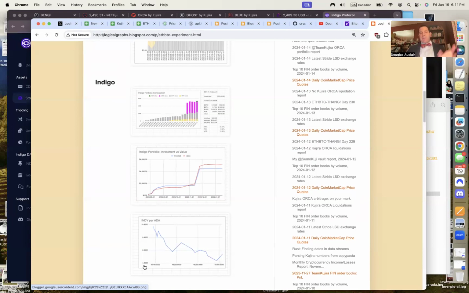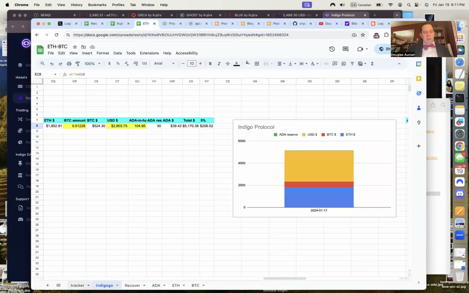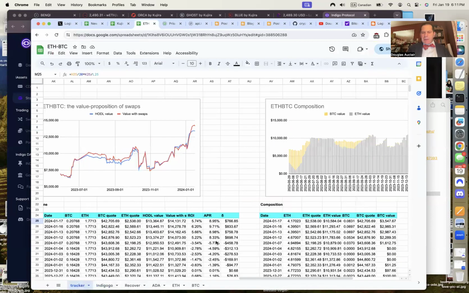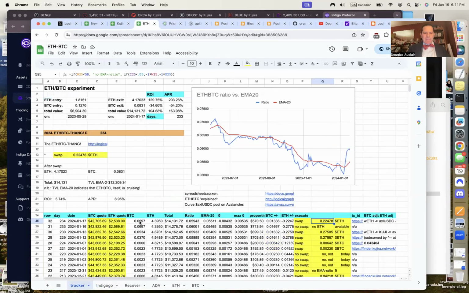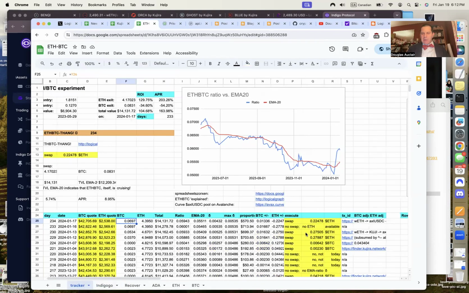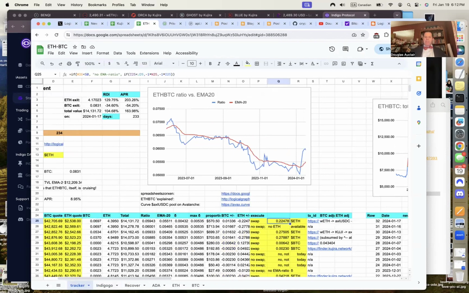So the next day, the first day, you establish your wallet. The next day, you look at your EMA 20 ratio. Let's go look at the EMA 20 ratio. And let's say the EMA 20 ratio is this. Well, the spreadsheet tells you you should swap, and again, you put the amount of Ethereum and Bitcoin that you have into your own spreadsheet. And they'll say, okay, swap 0.01 or 0.05 Ethereum. So you would swap 0.05 Ethereum